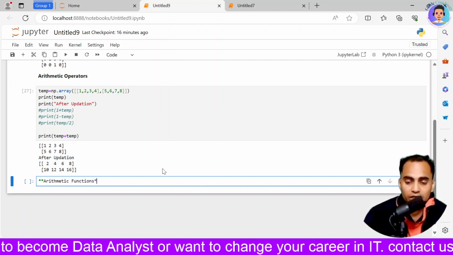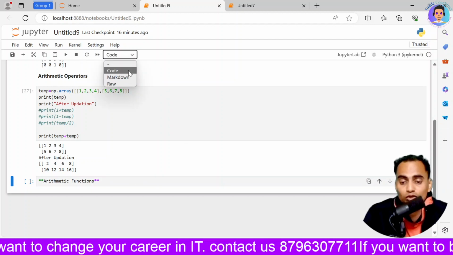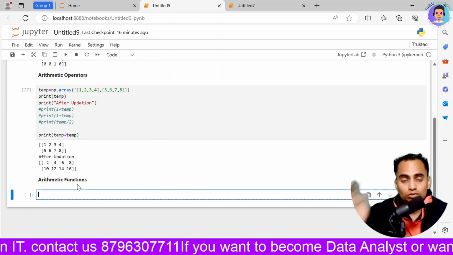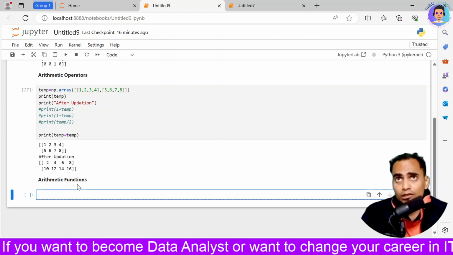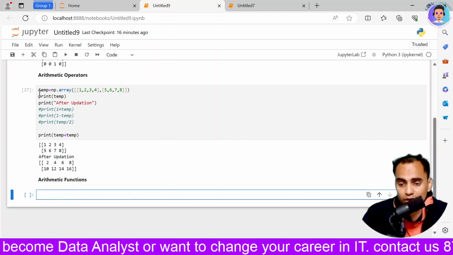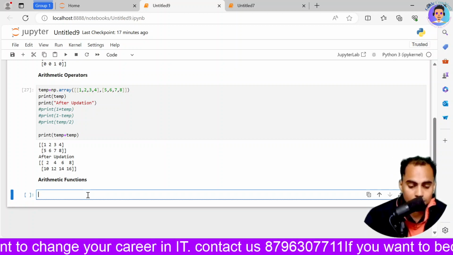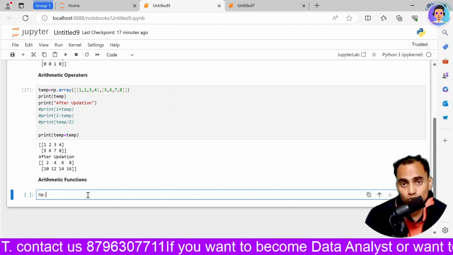There are arithmetic functions available using which you can easily do your job. Let's suppose we have an array temp, so I will write np, that is numpy. Obviously we need to use that object.